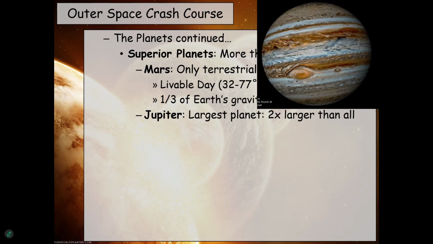Jupiter's the biggest planet. You could literally take all the other planets, double them, and they would still not quite equal the size of Jupiter. When you look at Saturn, you're like, well, Saturn's awfully big. Yeah, Saturn is pretty big, but because these are spheres and volume increases, it squares with every increase in diameter. It's significantly larger, even though it doesn't look it. I understand, but I promise you it is.